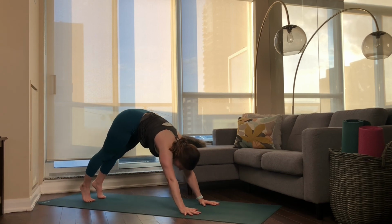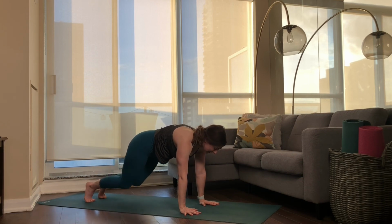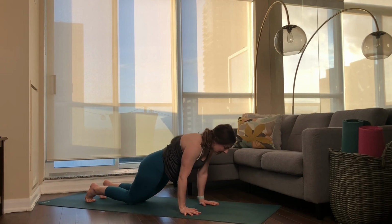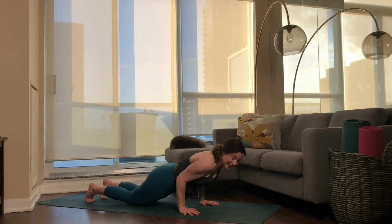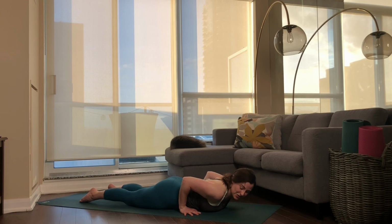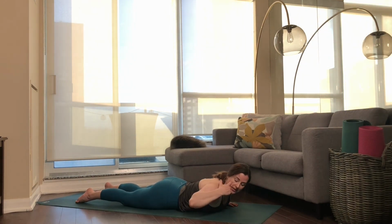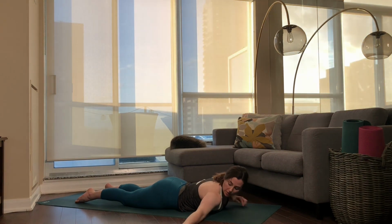Come forward to plank one more time, shoulders over wrists. And we'll take a slow lower down all the way to belly. You can always bring the knees down as you bend your elbows. And slowly come down to the mat. Untuck your toes. And let's take the right arm out to the right side, palm to the floor, straight line